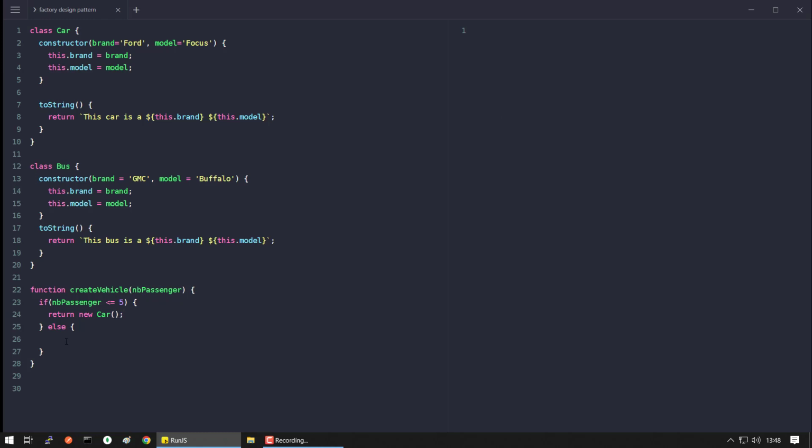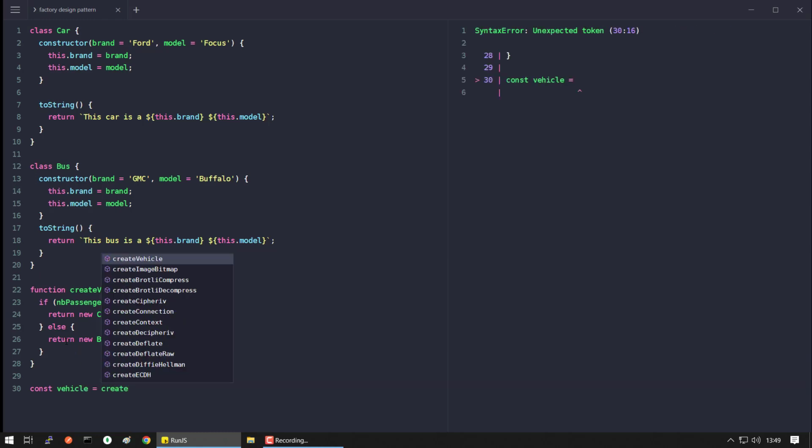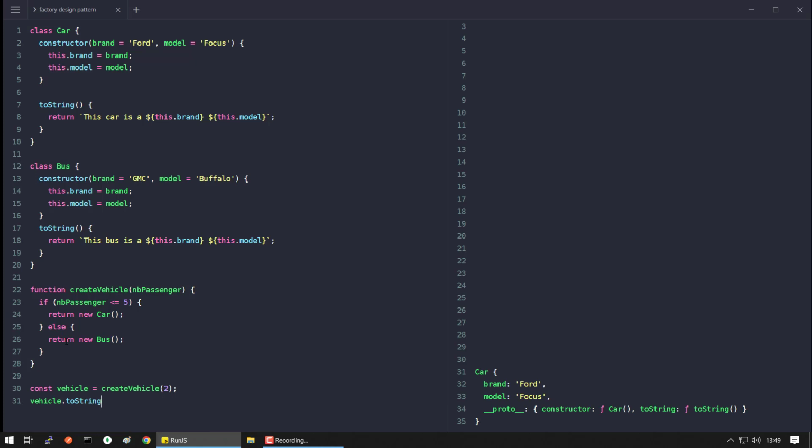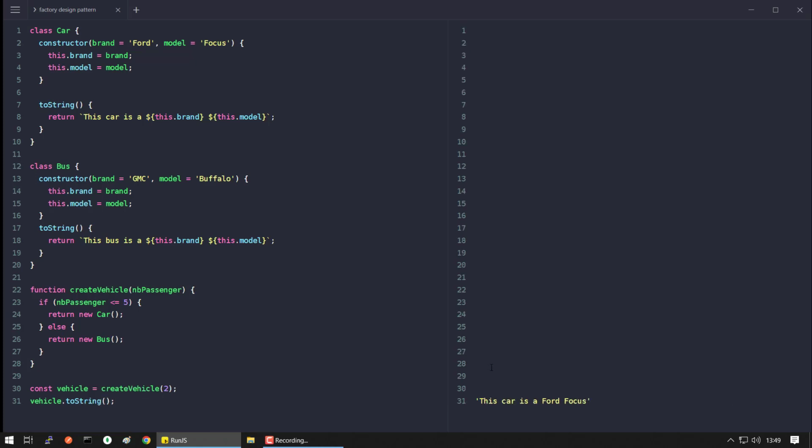And if it's more than 5, you would return a new instance of a bus. So now if you want to create a vehicle, you let the factory decide that for 2 passengers you would have hopefully a car,